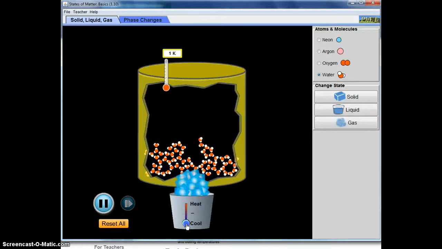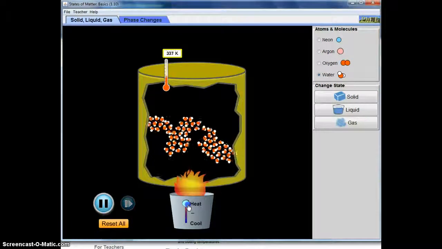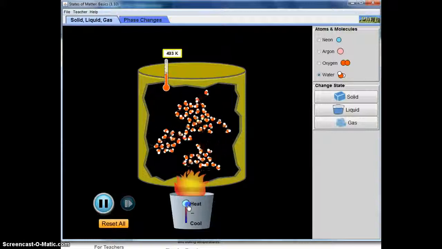It may take a while. There's 1. At 0 Kelvin, there should be absolutely no movement, and that is what's supposed to occur at absolute zero, where there is no kinetic energy with the atoms at all. Of course, that's a theoretical temperature that's never been reached. So I thought this was a cool example and visualization of how molecules and atoms move